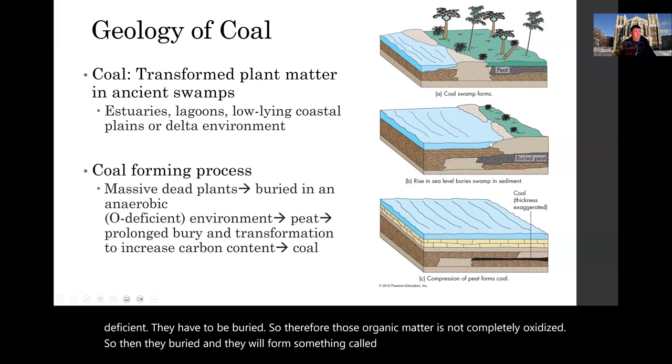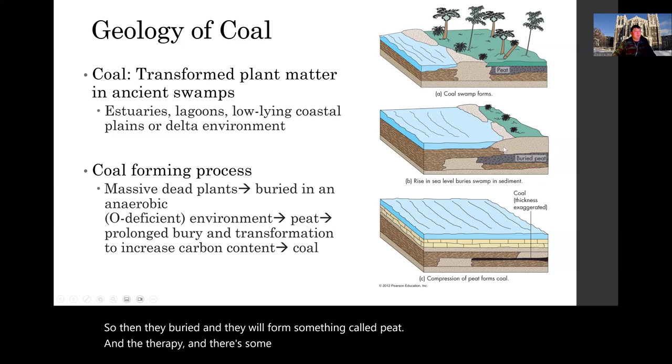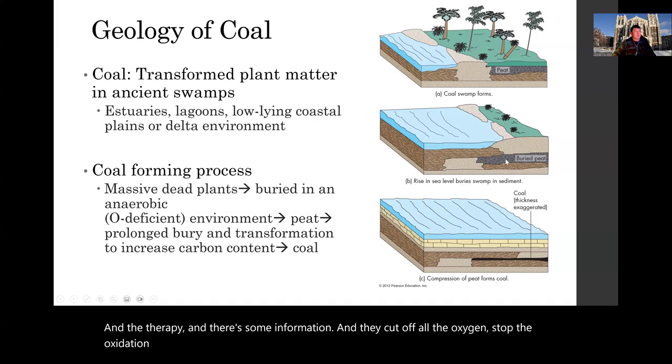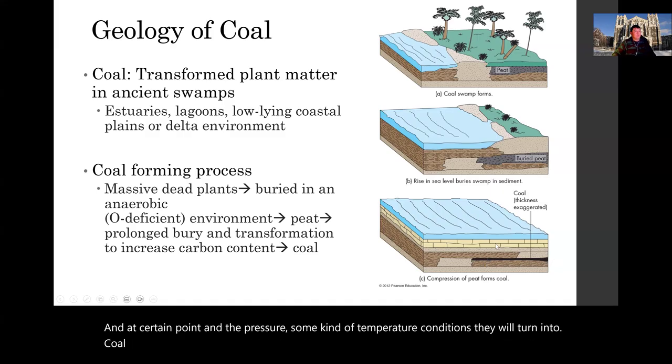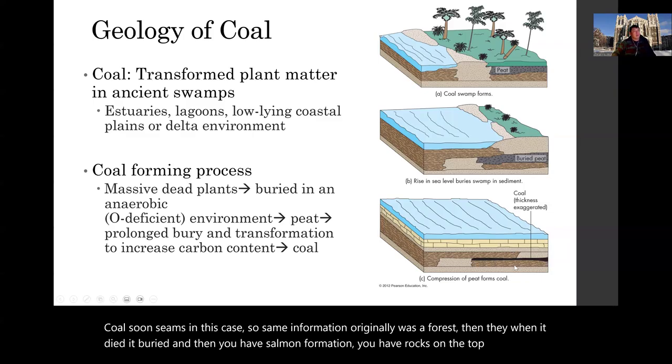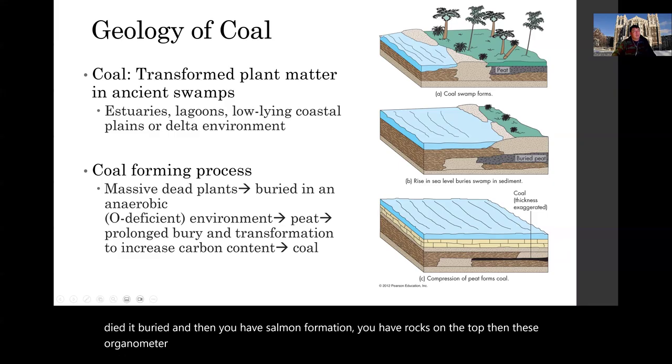Okay. And the buried peat enters sediment formation, and they cut off all the oxygen, stop the oxidation processes. And with time, the hydrogen will be gone in organic matter. Then the carbon will be concentrated. And at a certain point, under pressure and temperature conditions, they will turn into coal seams. So sediment formation originally was a forest. Then when they die, they are buried, and then you have sediment formation. You have rocks on the top. Then this organic matter slowly changes, the hydrogen is gone, then the carbon is concentrated. Then eventually will turn